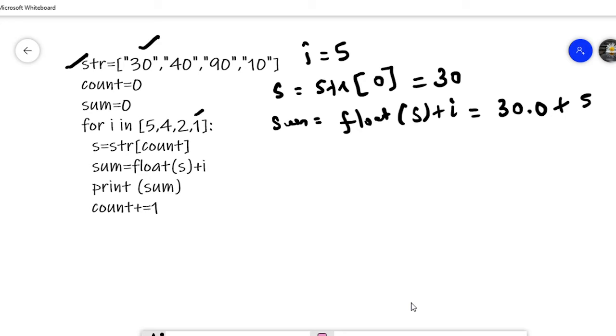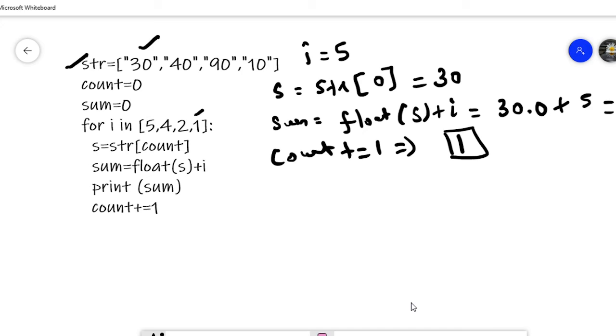So 30 plus 5 is 35.0. Then print of sum, so the sum value is printed. Then count plus equal 1, which means the value of count was 0 and now it is 1.